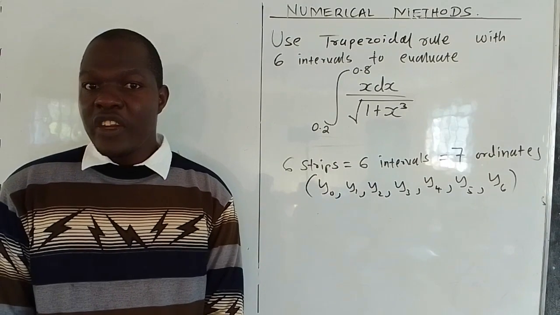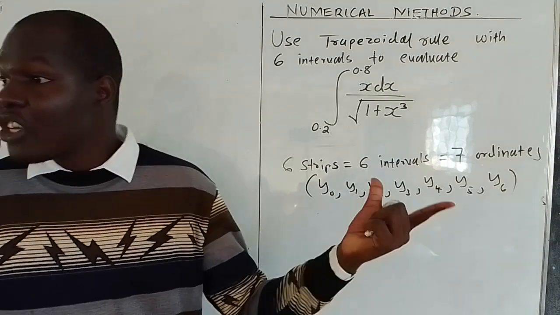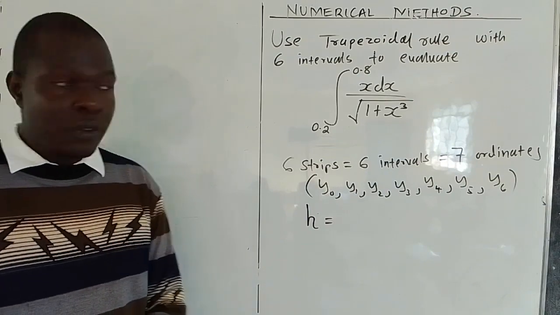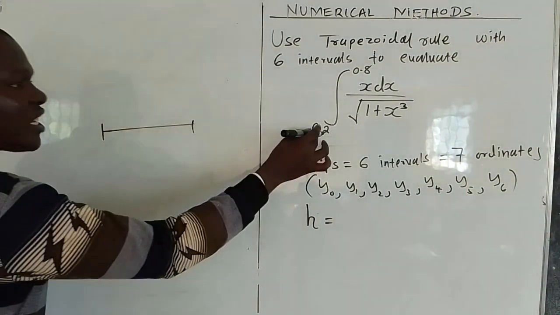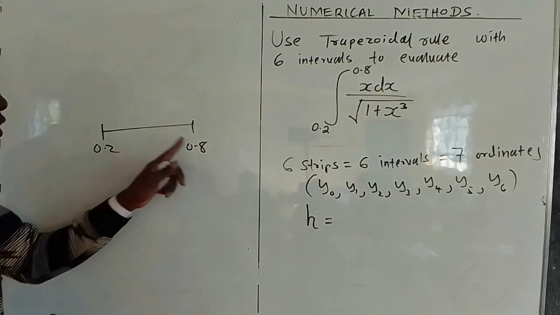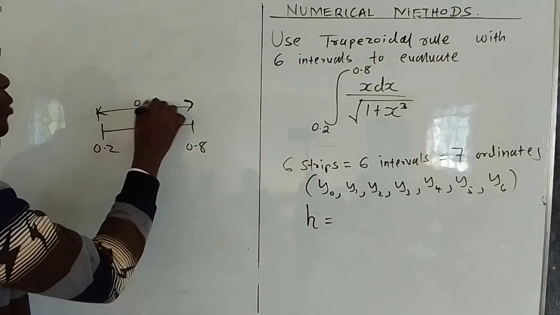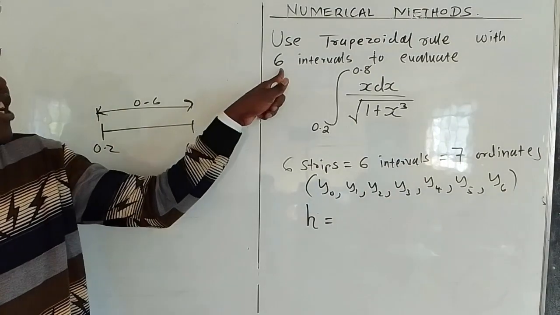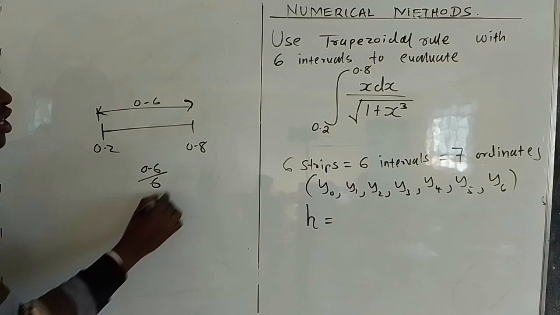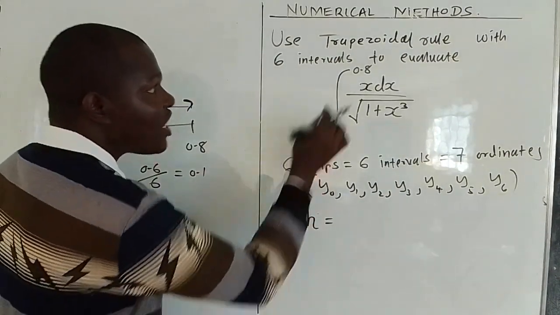The next thing we need to get is h, because h is the width of each interval. You can see you are starting from 0.2 and ending at 0.8. So from 0.2 to 0.8, what is that interval? 0.8 minus 0.2, meaning the whole range is 0.6. This 0.6 is divided into how many equal intervals? Into 6 equal intervals. So h is 0.8